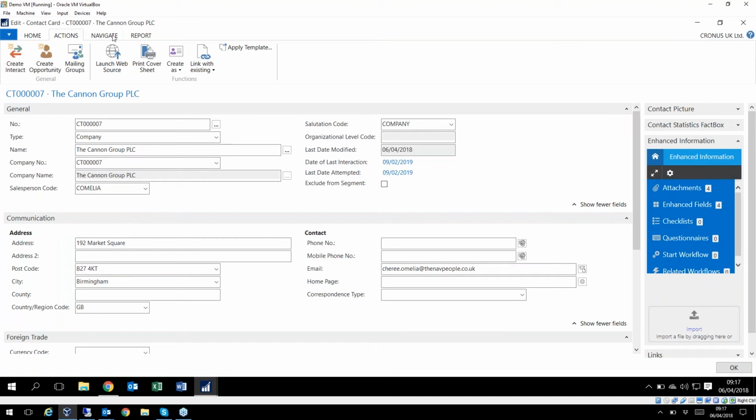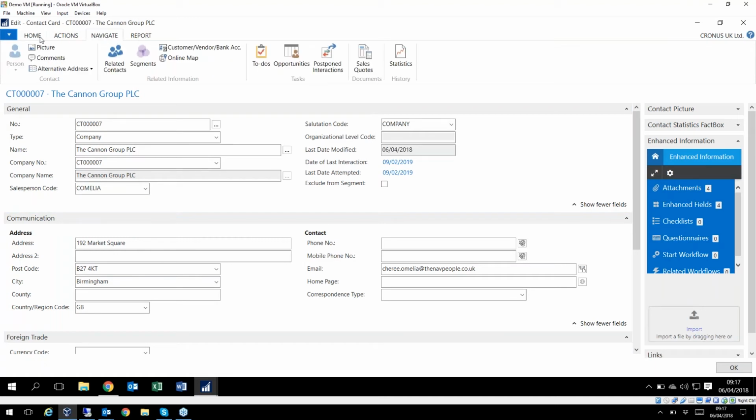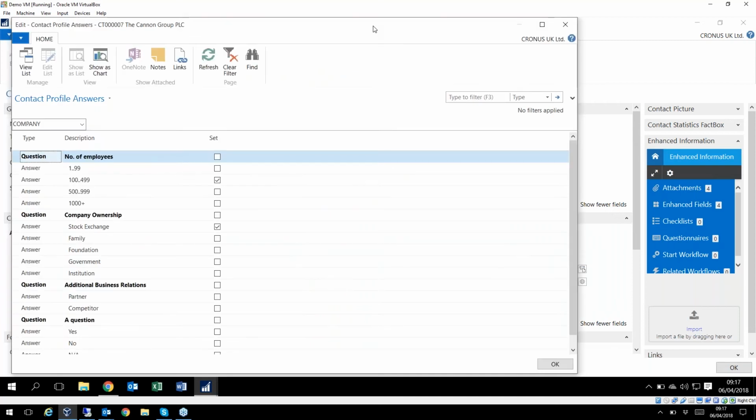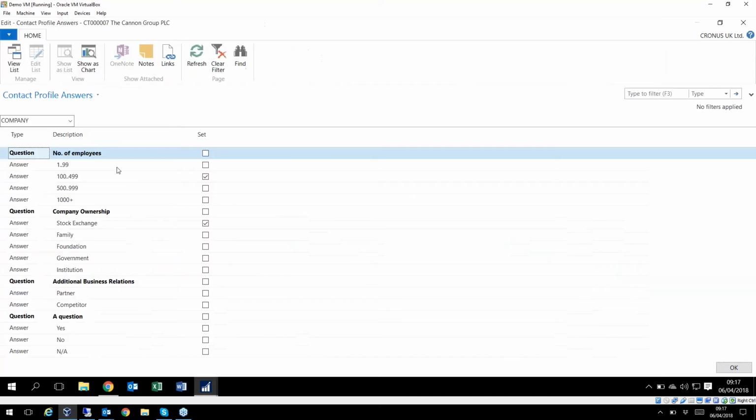The last way, again in terms of gathering data, is through profile questionnaires. So if I just go back into my home, I've got this button called Profile Questionnaires. What Profile Questionnaires allows you to do is answer additional information about this particular contact. Profile questionnaires can be done by company or person level, and you can simply set up questionnaires like this yourself with the different information. So for example, you can say number of employees or company ownership, and you can set a whole range of different questionnaires against a